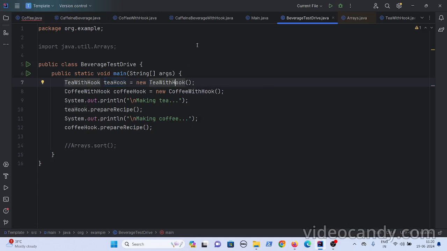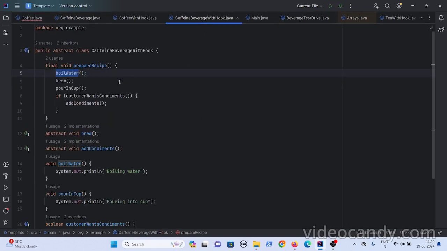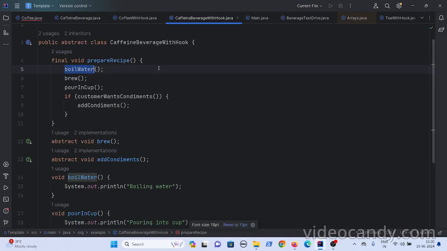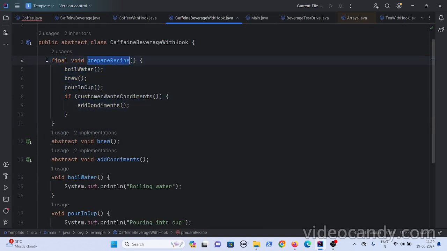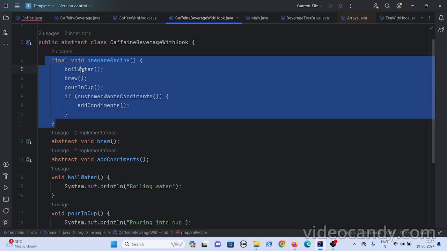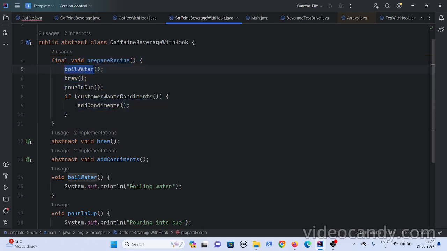So basically, your parent class is controlling the algorithm, because everything is defined. This final template method is defined in the parent class. This algorithm is defined in the template method, but only the implementations are provided in the subclasses.